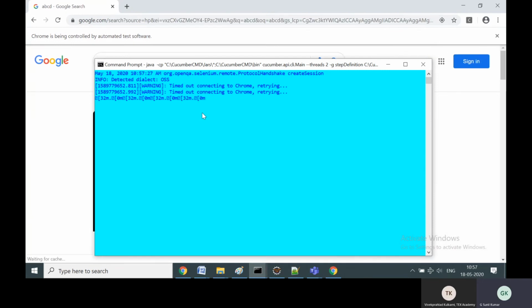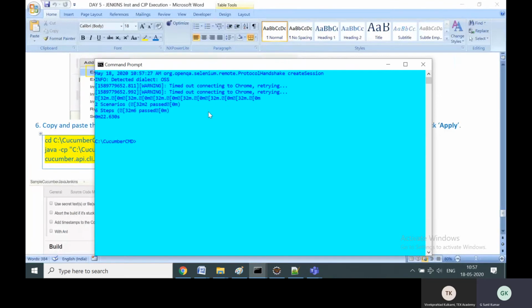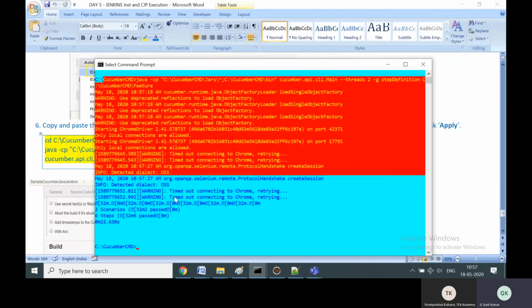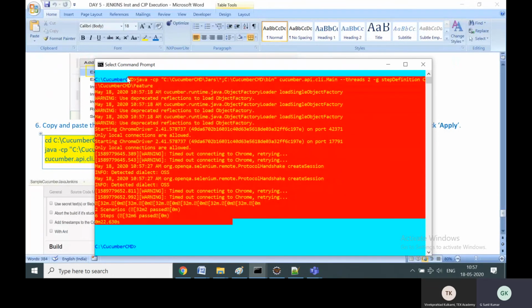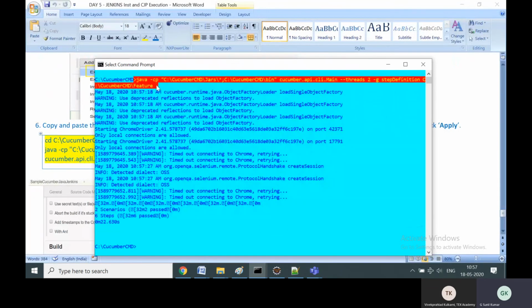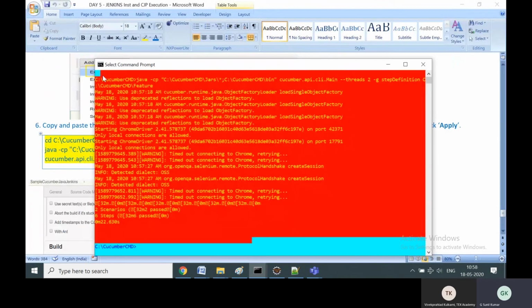Once you are comfortable executing in command line, you will be very thorough. I'm very comfortable executing in command line, so now I'm 95% sure how to execute in Jenkins, because Jenkins is going to replicate your command line execution. If you are able to type a command and navigate to the project and execute it in command line, the same thing you can do in Jenkins.